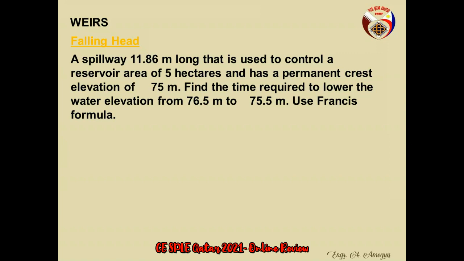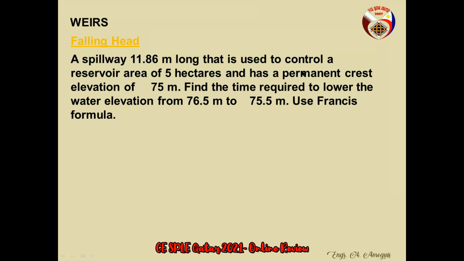So, that's it. We don't have a derived formula for the weir, to solve for the time with falling head. What we have is just the generic equation: T is ES, then integral dx over Q of the weir. So, that's all. Okay? Now,